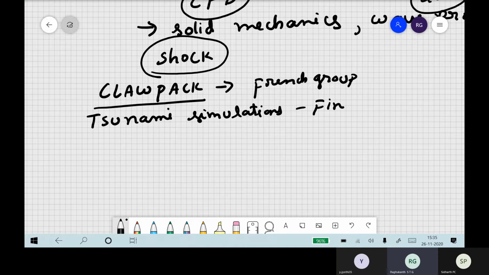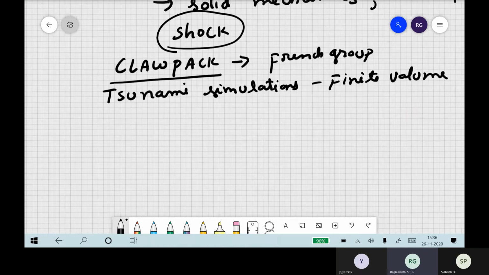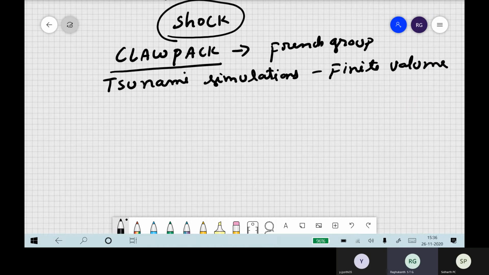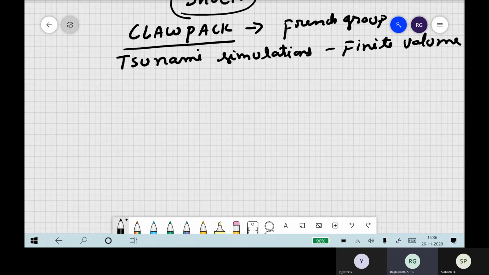So this is widely established in fluid mechanics problems. But in solid mechanics, not many papers are there. But now people have started using this method itself. Now in this finite volume method, the philosophy is very, very simple, same as the finite element, the FEM, and then the spectrum, whatever we discussed previously.